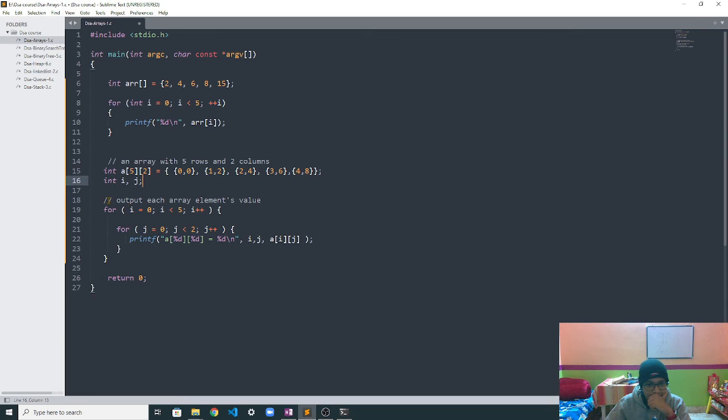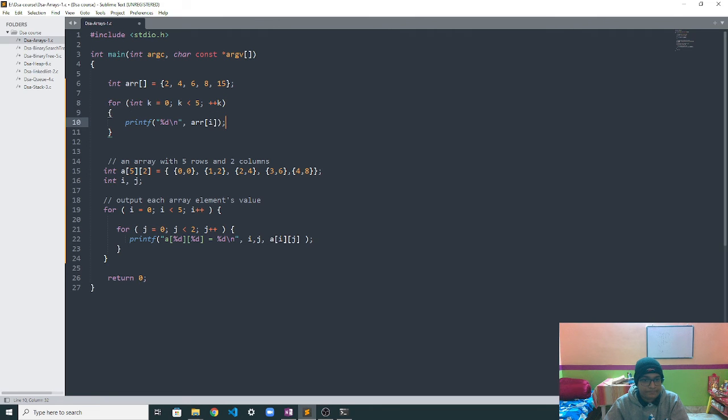Then we're going to create 2 for loops to iterate over this multidimensional array. Here we created i initially. Wait a second, we have used i, so let's make this j so that it doesn't give any error.